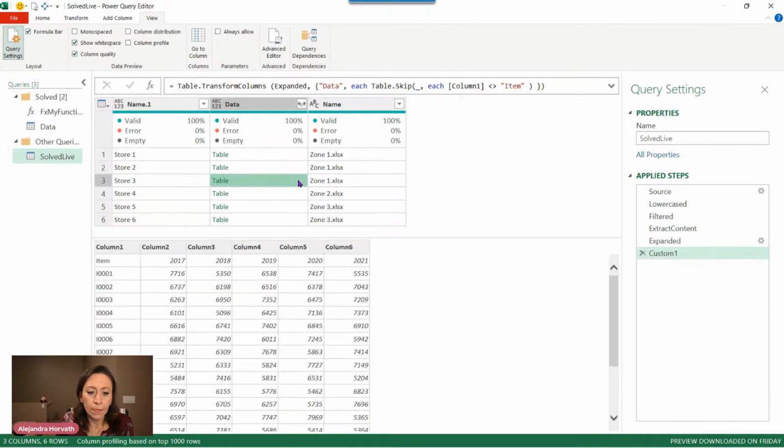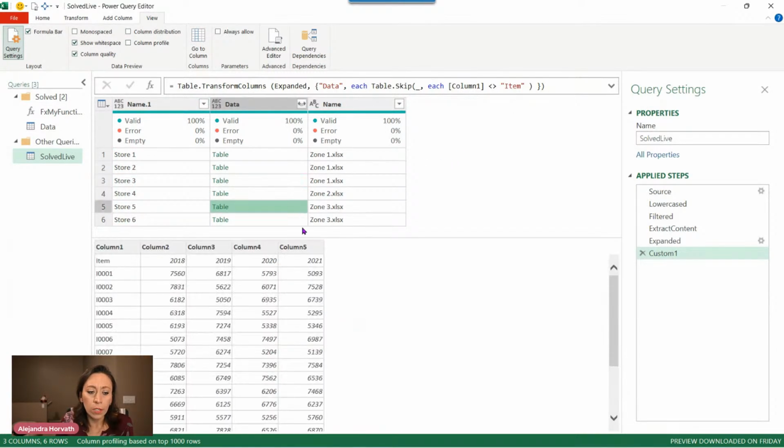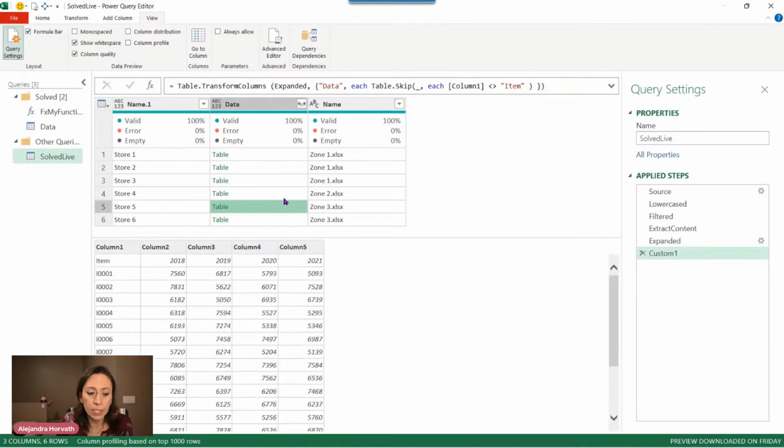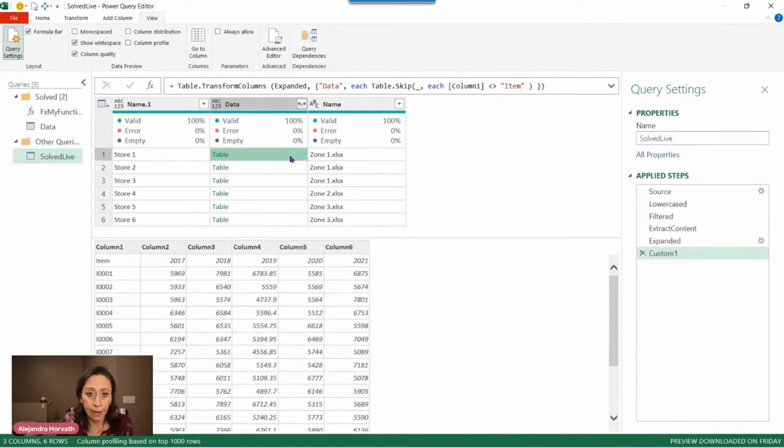Now you can see that none of these files have any information above item. So the first line in every single file is item, okay, in column 1. So now that we have this, let's promote the first line as headers because all of them have this. So here on the same